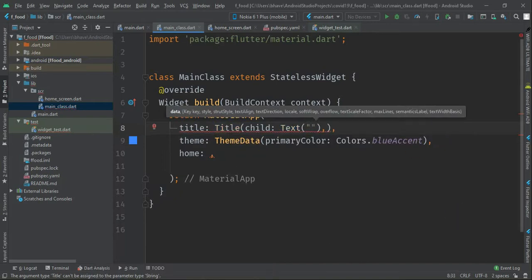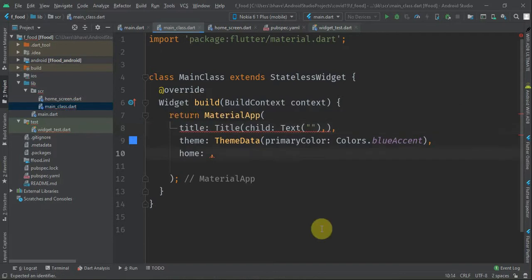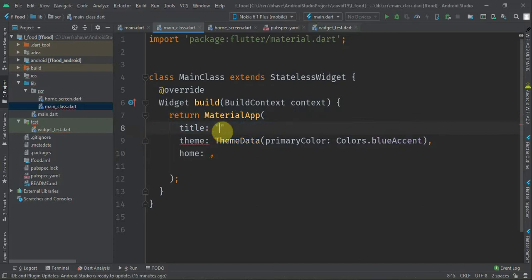Okay, wait a second, I made a mistake actually. We don't have to do all this stuff. We can directly pass a title by string, right? So we can always write like this. The title will take, it's kind of a Swiggy app, or a food app will be better. Food app means you can always give a proper name. My naming is not that good compared to you all.